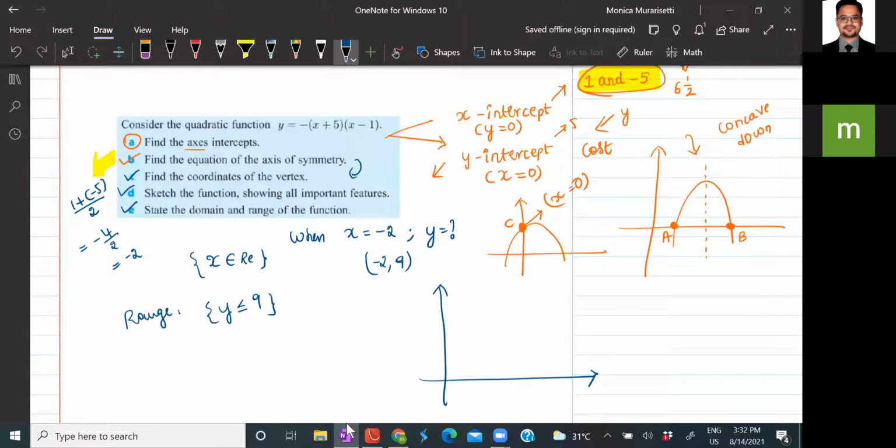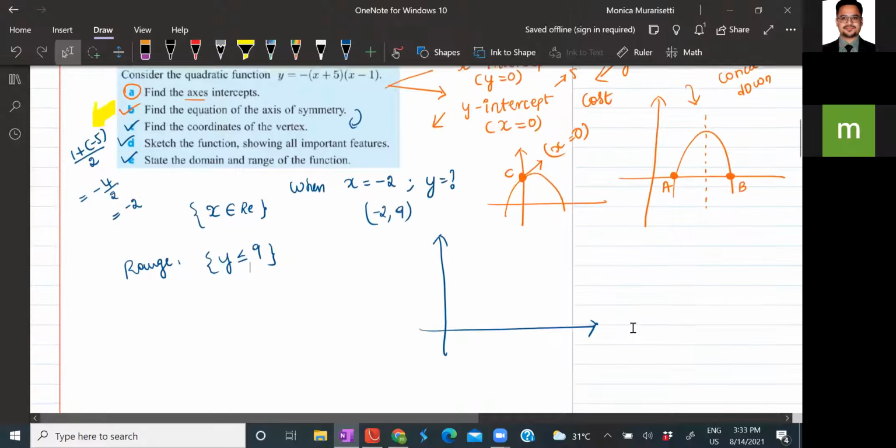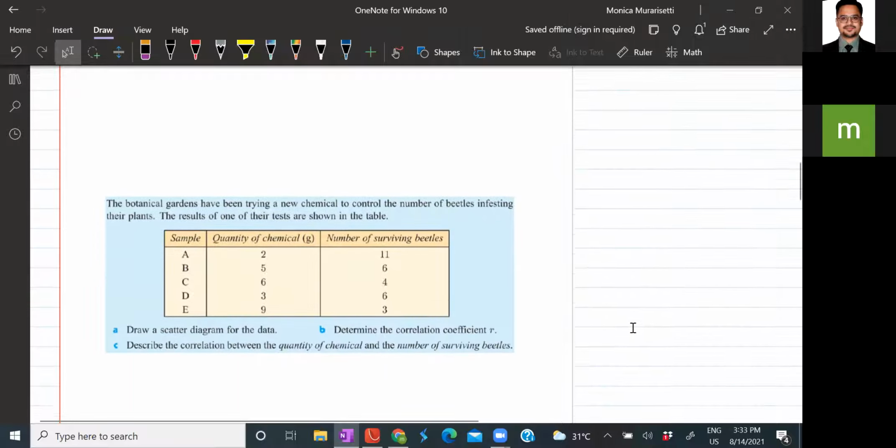Normally, this question in IB papers could be around 4 to 5 marks, but it will hardly take you 2 to 3 minutes to solve with the aid of a calculator. So this is how it is very easy to analyze the information given in the question, apply it in the calculator, and then get your solutions. All right, we will move to our next question.